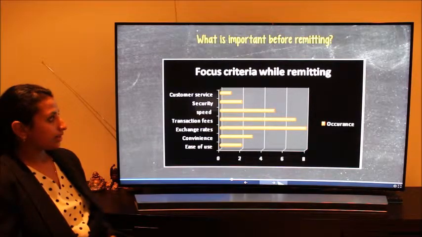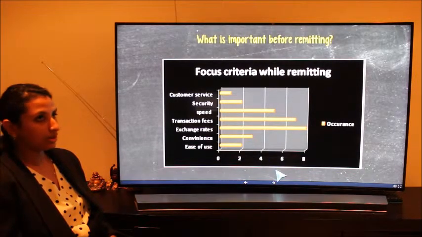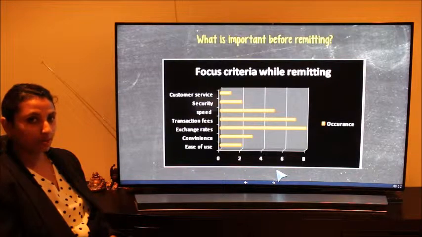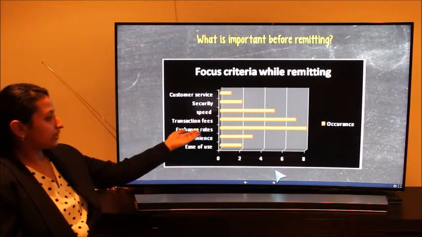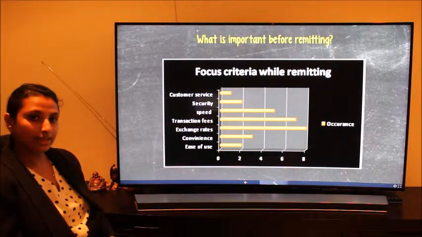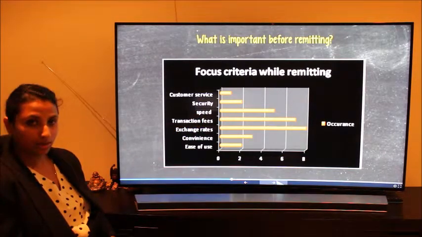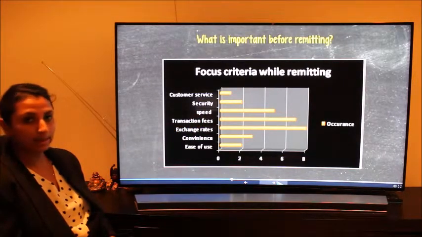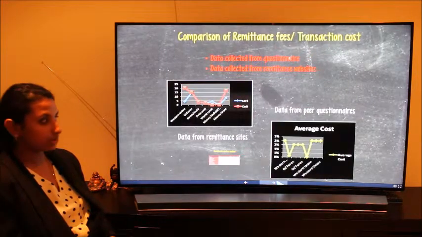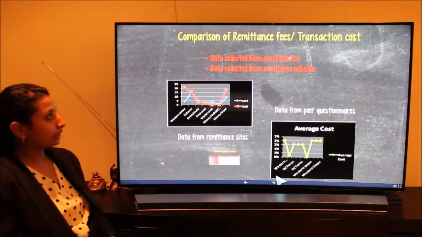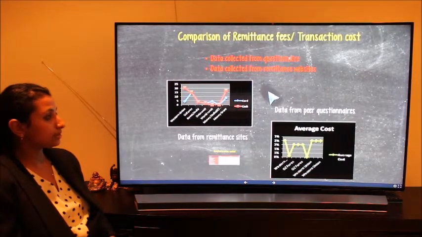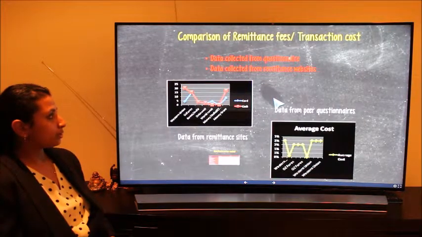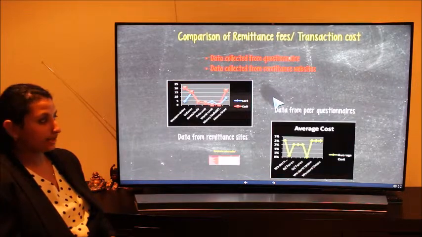And then the next criterion was finding out what elements they would look at most before making a transaction, and the exchange rates, transaction fees, and speeds came in as the most important aspects they would look for. So this will be the base of my investigation. So, as the first step, I compared the remittance fees, with the data collected from my peers and what I collected online,